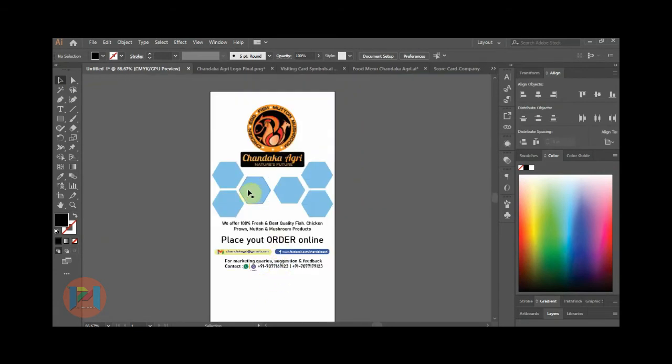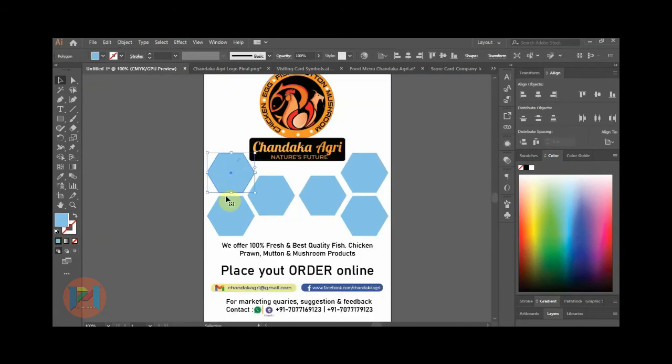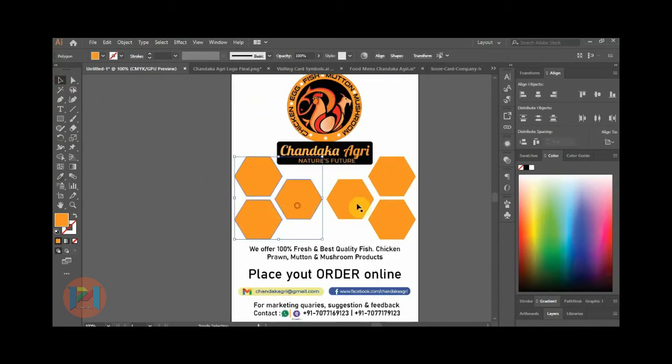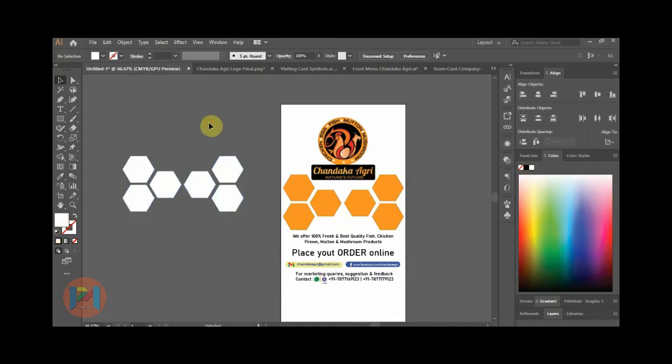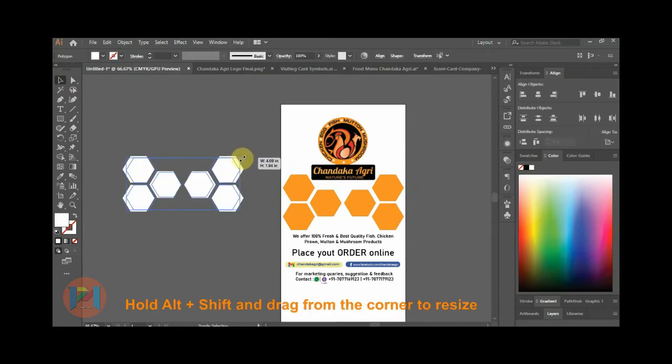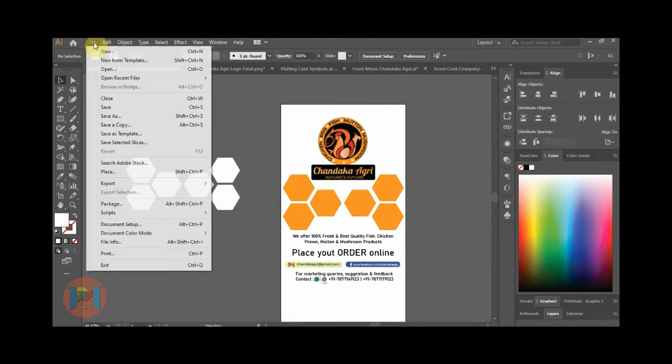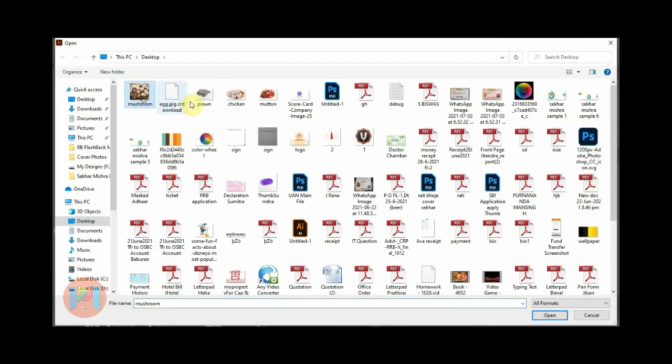So here I just want to make a copy of all these 6 shapes, changing the color to yellow, and selecting all the shapes and creating a copy of it. To copy it out, select all the shapes or whatever shapes you need, hold Alt and drag it down to make a copy. I'm just reducing it. Here I'm going to put all the product images, and by using the clipping mask option,